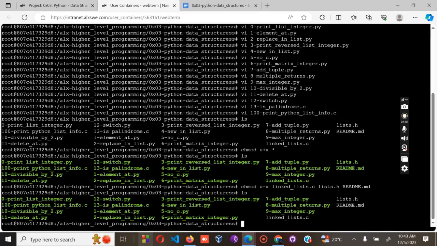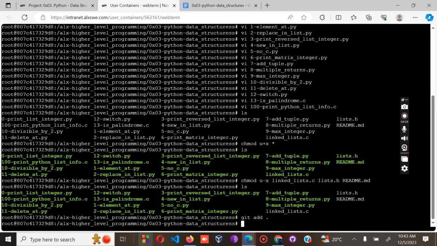So the next step is to git add as usual, git commit. This is a